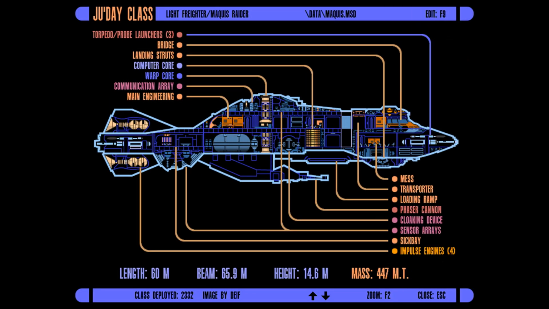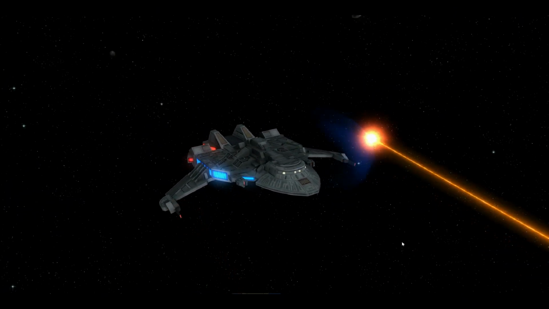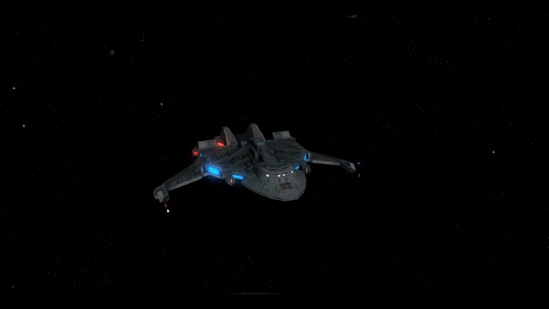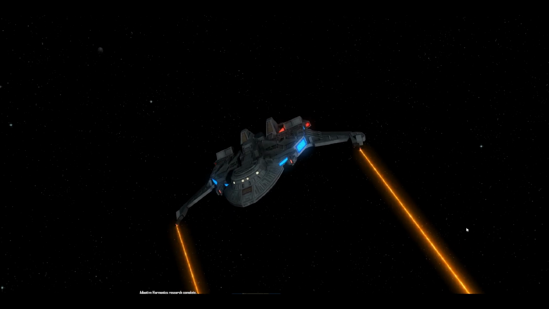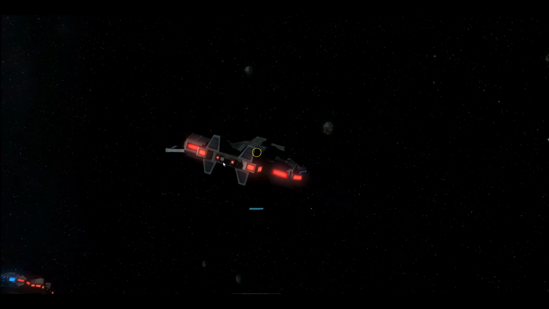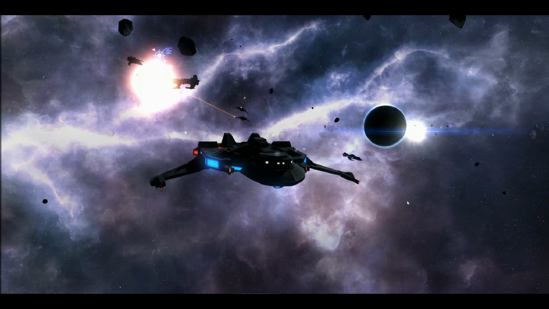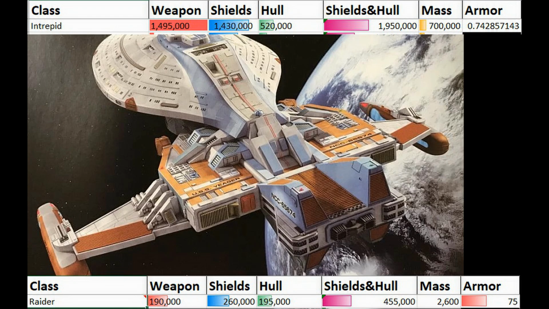Now let's talk about what we should see inside the Condor class, like what kind of weaponry it has. So a standard Condor class has 2 forward-facing torpedo tubes, and it has 2 rear-facing torpedo tubes. And then on top of that, it also has 2 Type 8 phaser emitters. So pretty much all Condor classes will have that standard layout of weaponry. Okay, so now let's take a look at the Intrepid and then the Condor class, and let's compare,